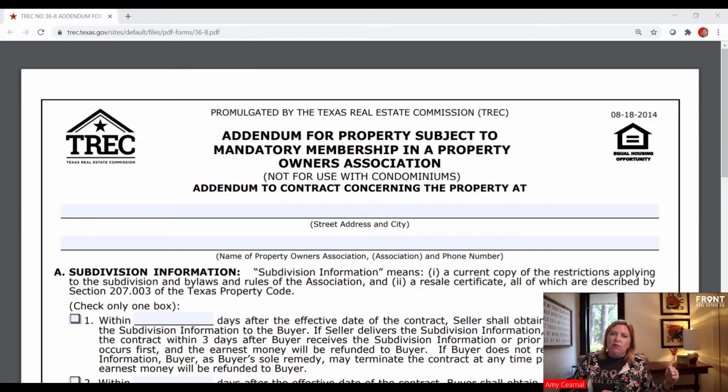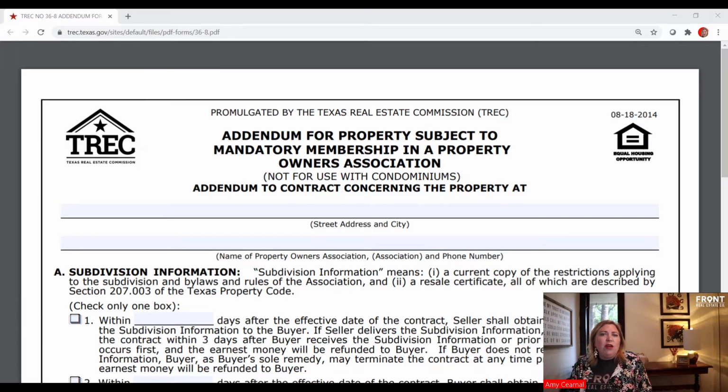So even if they had one from before when they bought, or maybe they had their property listed sometime last year and they're like, can't I just use that one again? No, they can't. I will tell you, resale certificates do have a little bit of shelf life. I would say normally 90 days. So if they're looking to sell coming up, I tell them, hey, if we're getting close,